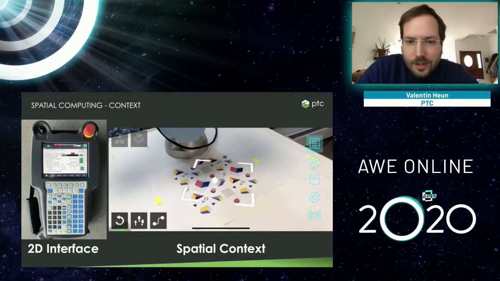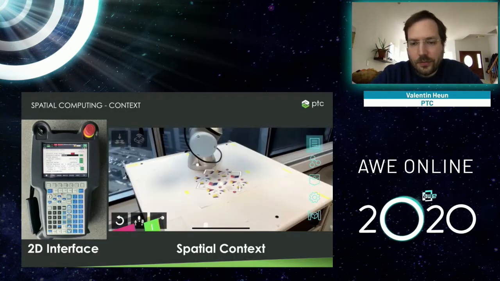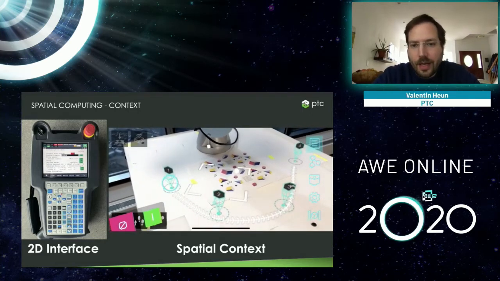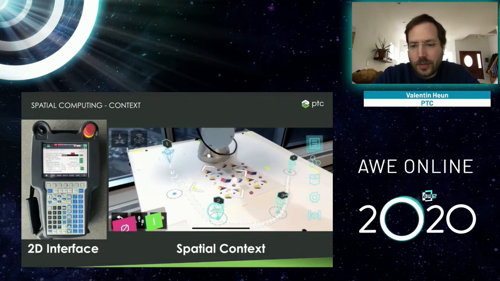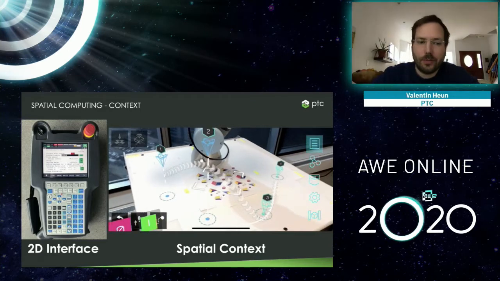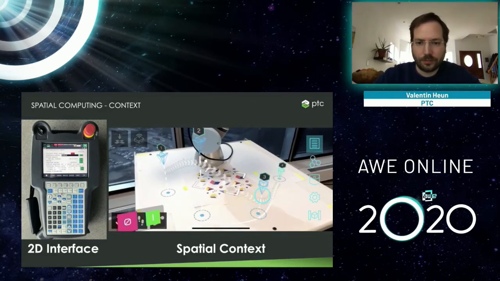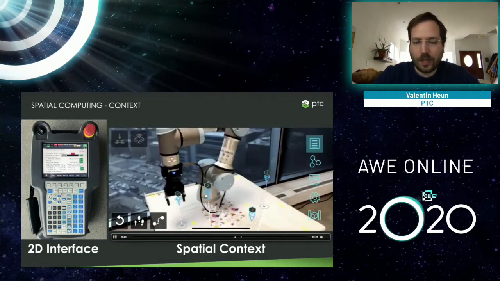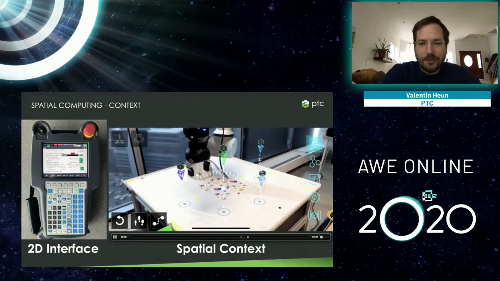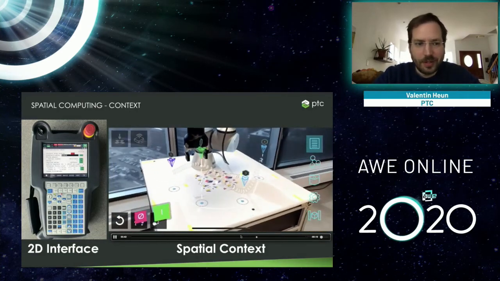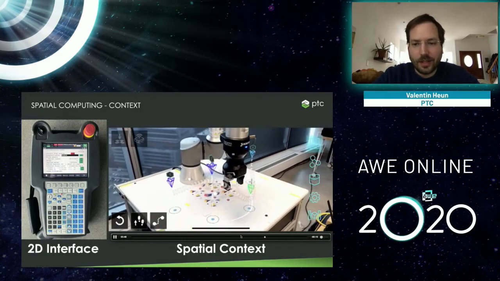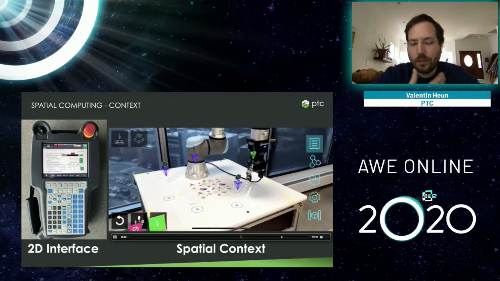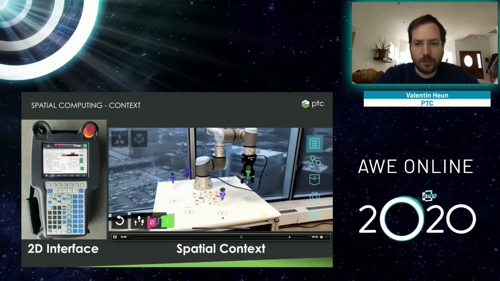Or another example is that I know every detail of this robot, and through an augmented reality interface, I can create these motion pathways, and the robot will be able to drive along these motion pathways. Let me forward a little bit. Here, you see how it's driving these pathways. And on the left side here, you see how traditionally you would do this with a 2D interface. It's very complicated. So it is the spatial context really that allows augmented reality to be such a brilliant interface for anything spatial computing.